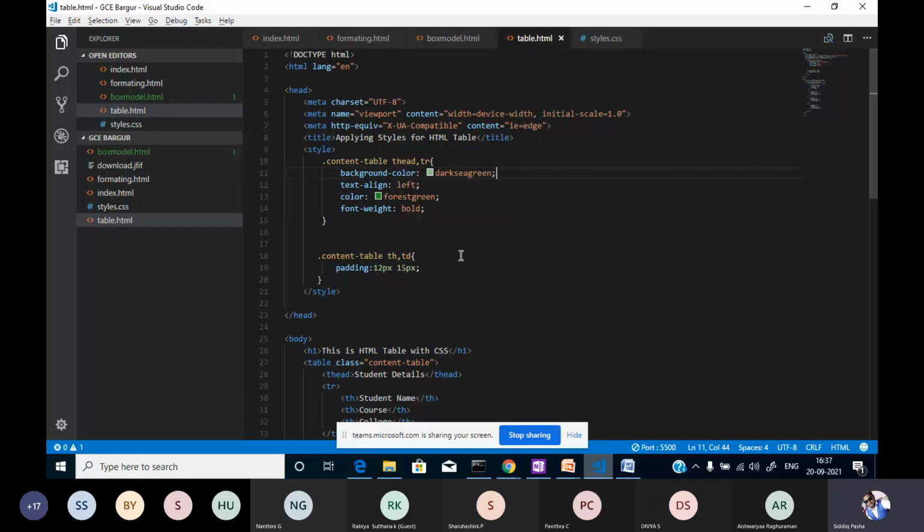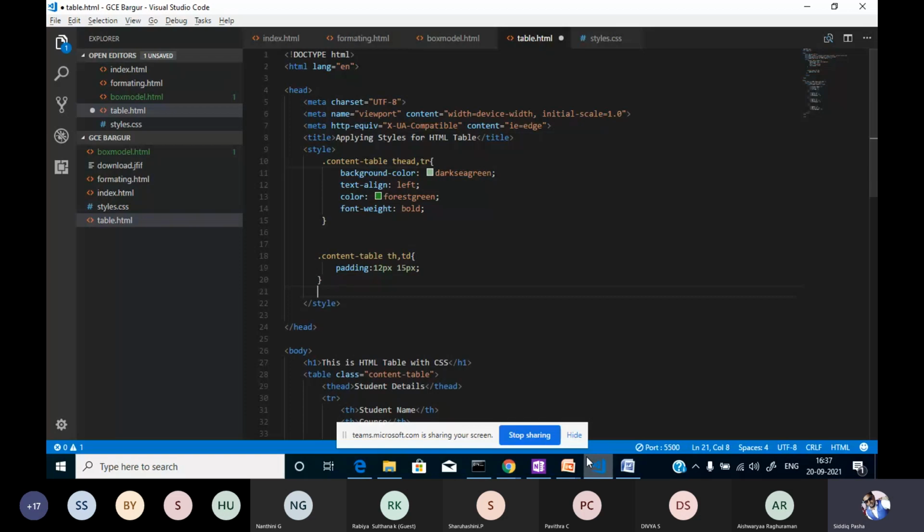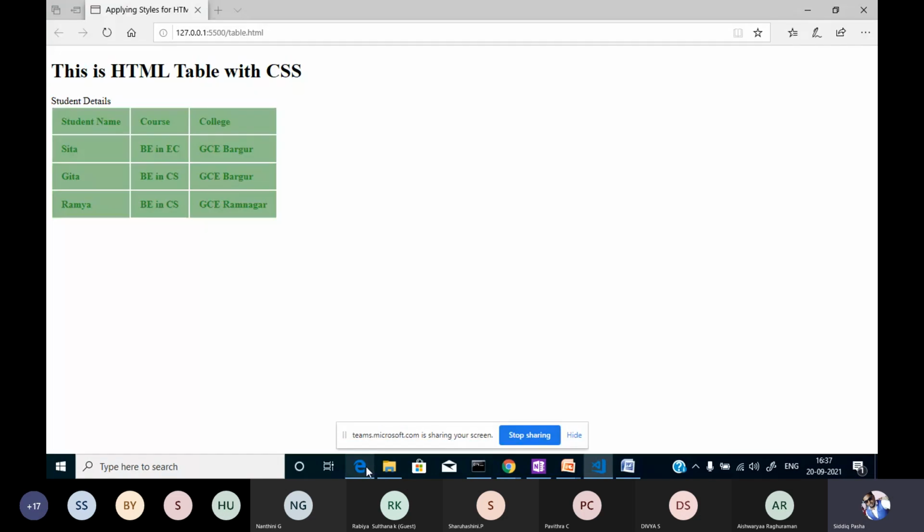So over here I will specify. What I'm going to do, in this particular rendering, I want there to be some change between odd and even rows. That I want to do. So this I can do by writing a property.